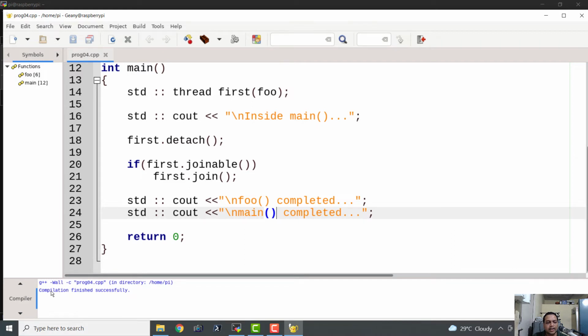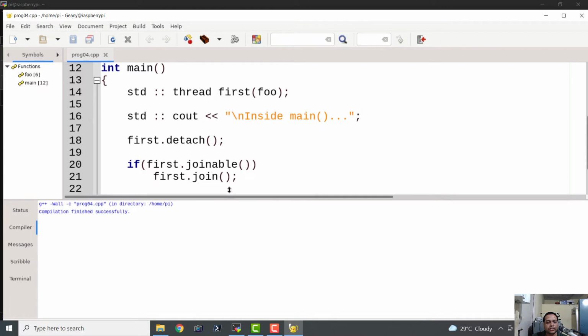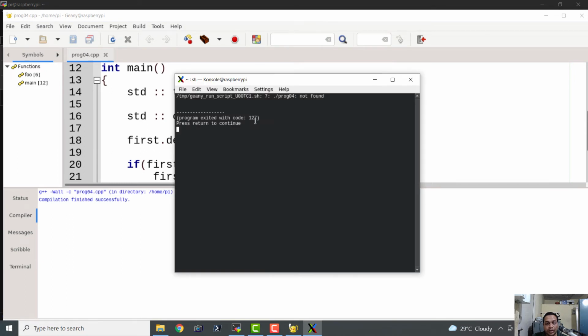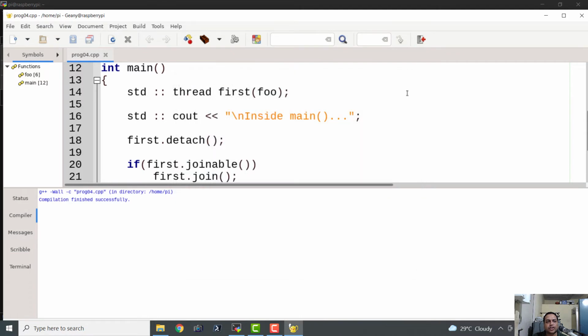So it says that compilation finished successfully here in this message. Okay, and let's execute it and let us see whether it is able to execute it without any hiccup. Okay, it says that the program not found.